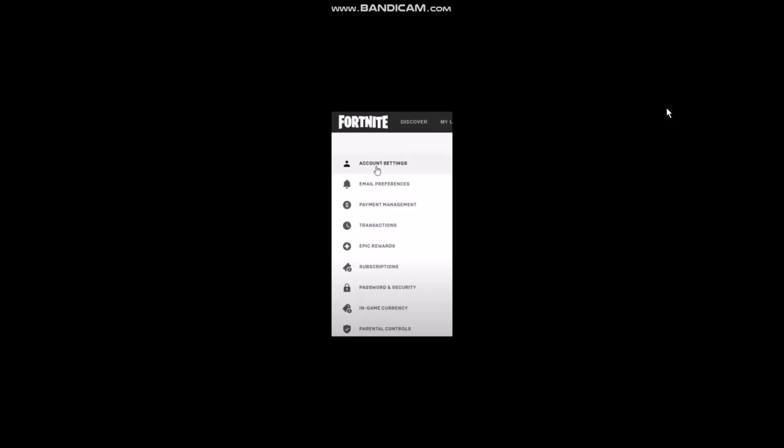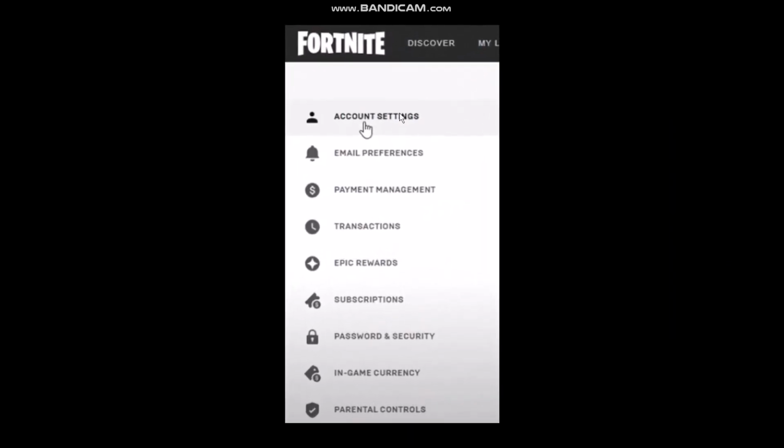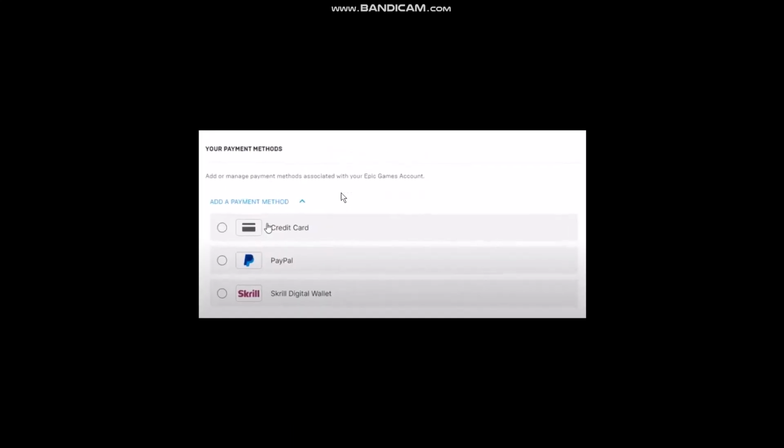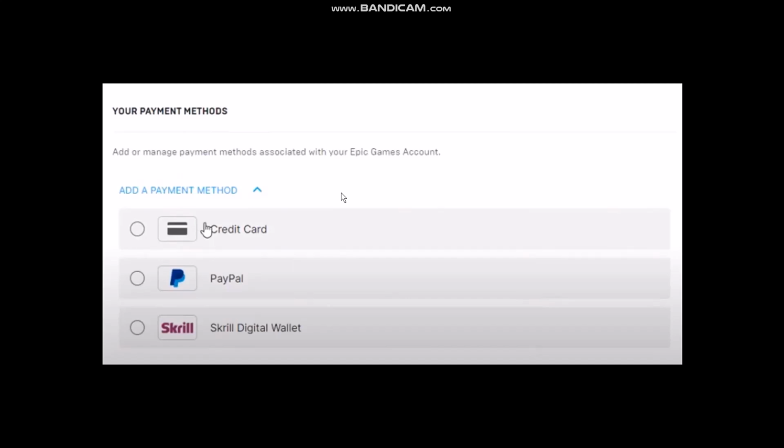And once you select account here, on the left hand side of the screen you'll be provided with a bunch of options like account settings, email preferences, payment management, transactions, and so on. Simply select the option that says payment management, and once you click on payment management, all you gotta do is scroll down until you find your payment methods, and here under add a payment method you'll be seeing an option